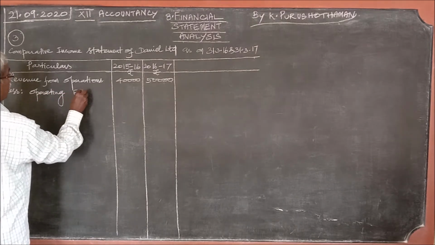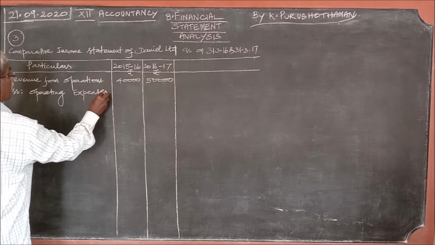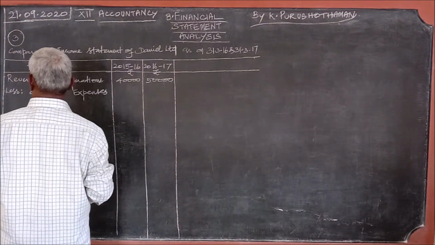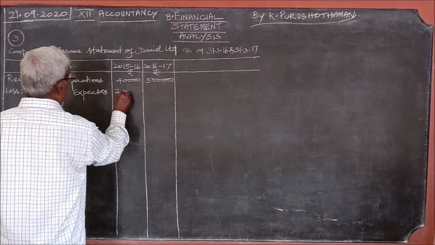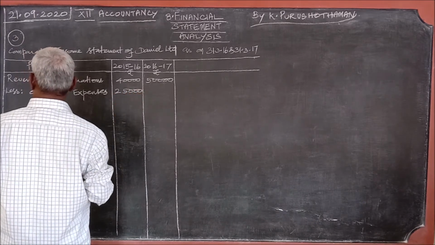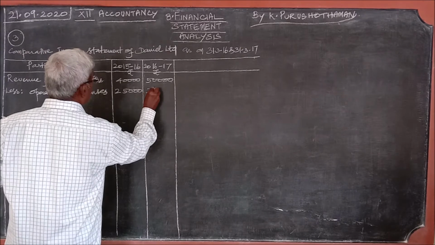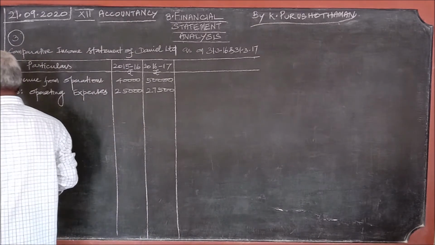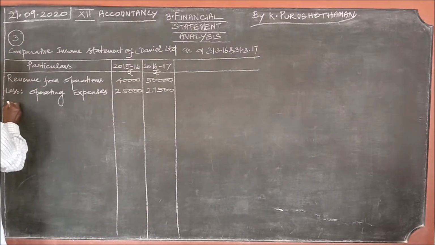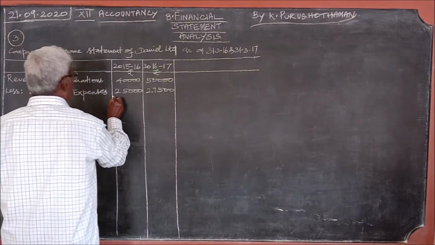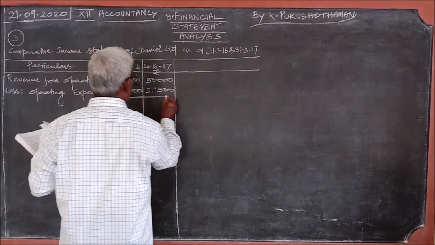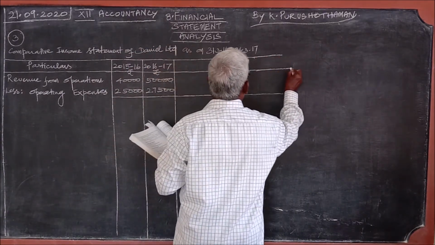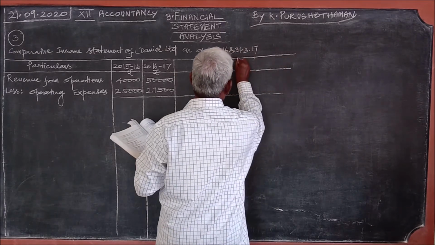Less operating expenses, 25,000, 27,500, 500. Then after minusing it, what will we get? Here